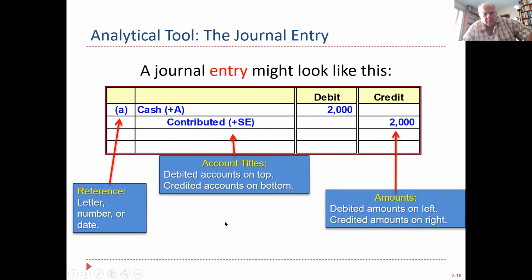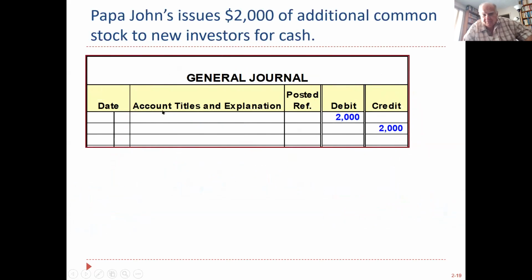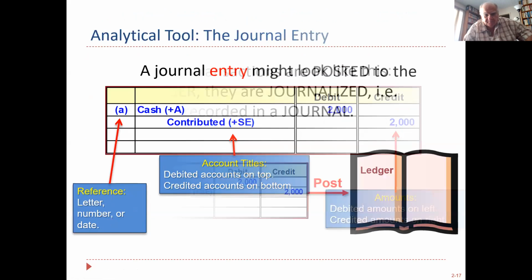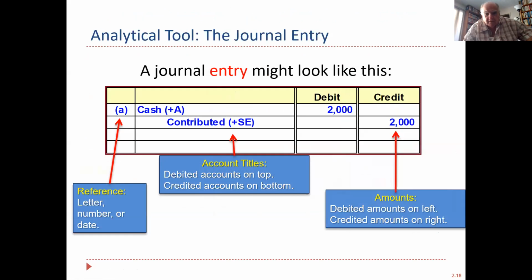So let's take a look at this. A journal entry is going to have a date. Definitely is going to have a date. You could have a reference number, another column here if you wish for a reference number. You're going to put the account title, which ones you're affecting. You're going to start with the debits if you can. It's not a hard and fast rule, but that's the expectation, okay? You put the debits here.